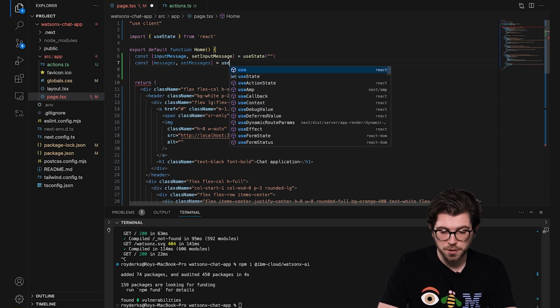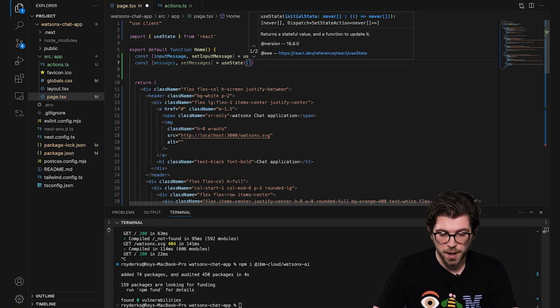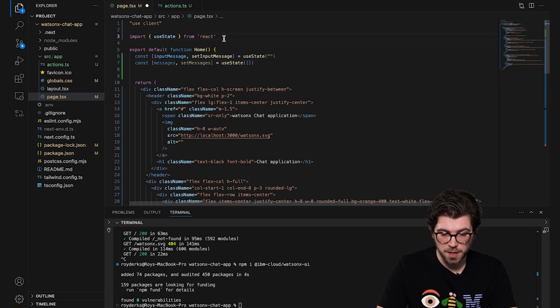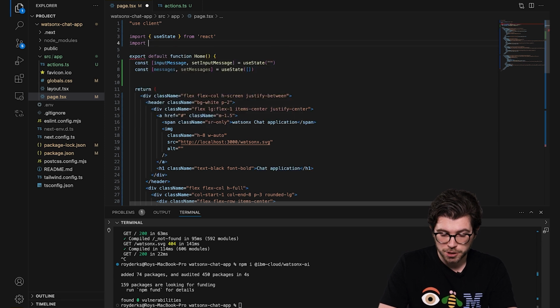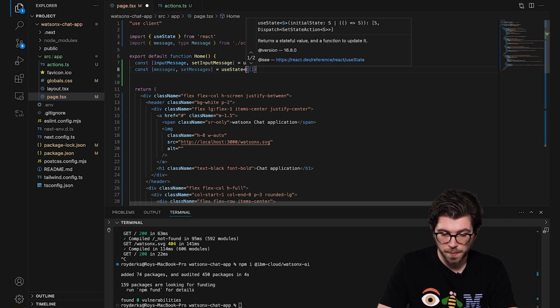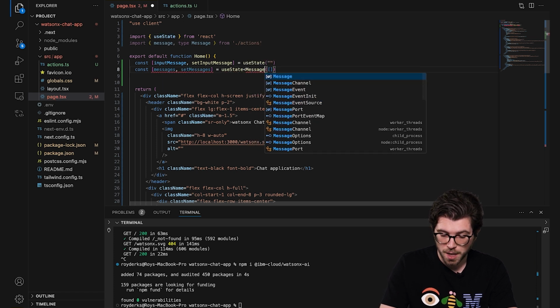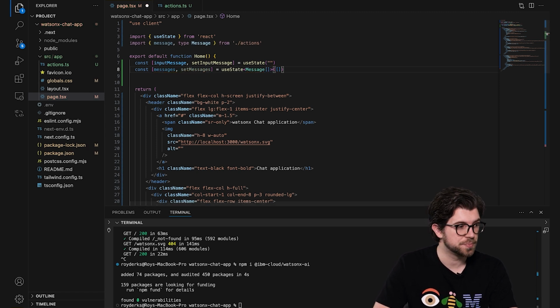Again, I'm using the useState hook to create the state variables. And now the value would be an array, because messages are a list of messages and not a single one. I can also import the type definition for this, which I already created in my actions.ts file. And I should also import the message function, as we're going to use it to send a message to the large language model. So I'm going to import both the message function as also the type, which we call message. So message will be the type of this state variable as well. And make sure to set it as an array of messages and not a single message.